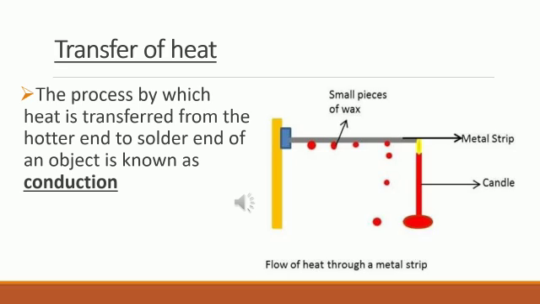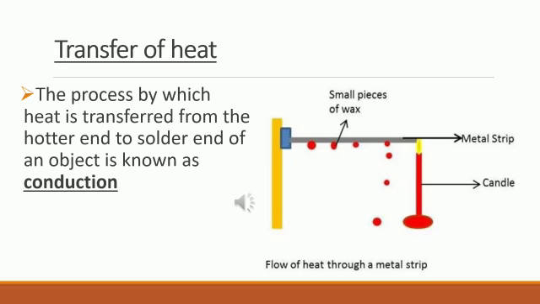So let us see that by looking into a small activity. Here in the picture you can see, they have taken a rod or a flat strip of metal. Only metal has to be taken, say aluminium or iron. Next, you need to fix a few small wax pieces on the rod. Candle wax, like how they have fixed a red spot. You can notice it is small pieces of wax.